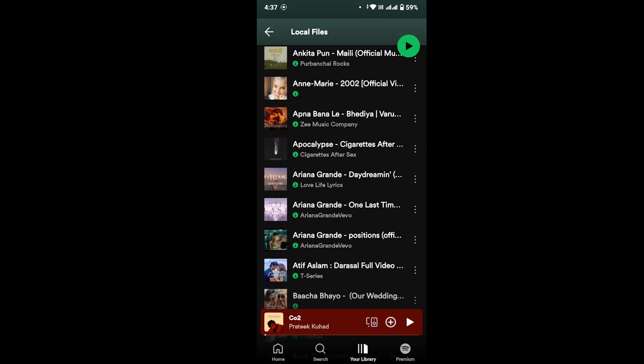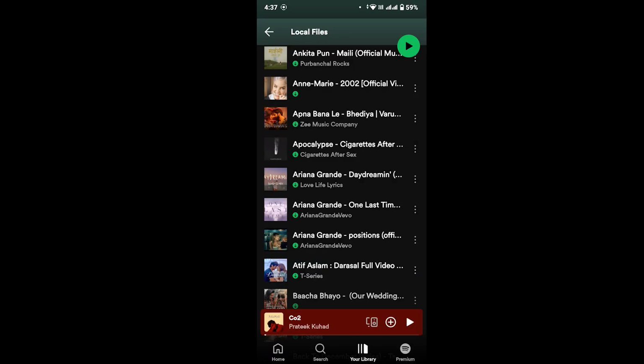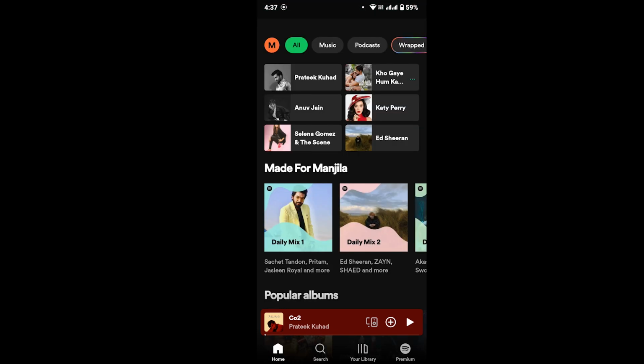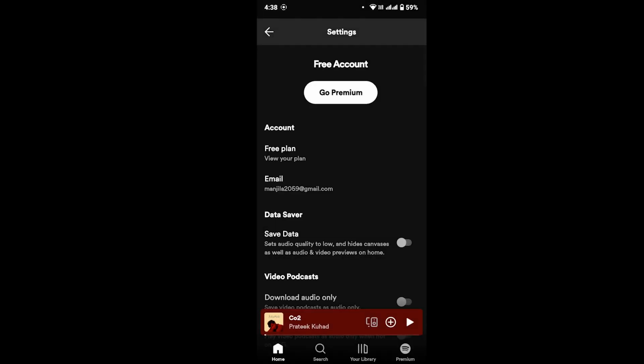Spotify from your device. Now tap on the three dot icon, but here we will not find any option that says remove. Now what we can do is go back to your home screen and then go to your profile from the upper left corner of your screen. Now again tap on settings and privacy, scroll down and look for an option that says local file, and in